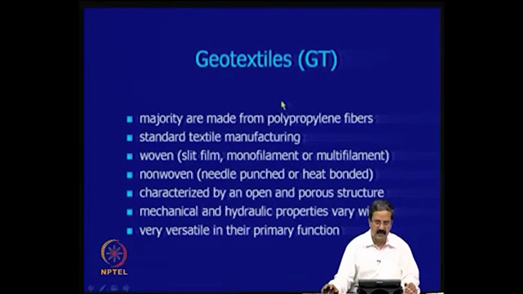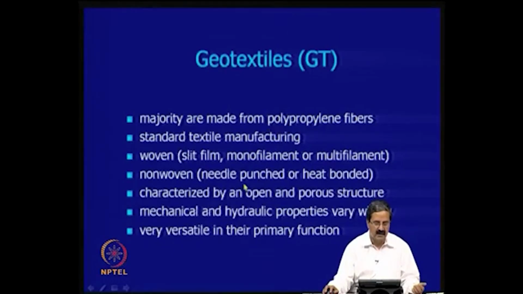The geotextiles can be made from many materials like polypropylene, polystyrene, PVC. There are many types of polymers, but essentially geotextiles are made from polypropylene fibers, and they have a standard textile manufacturing process. In fact, many textile manufacturing companies also manufacture geotextiles. For example, Reliance and Madhura Mills. There you have a lot of geotextiles in India. So, many companies have this sort of fiber making